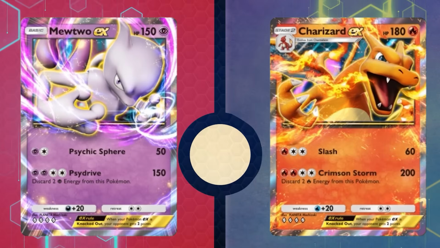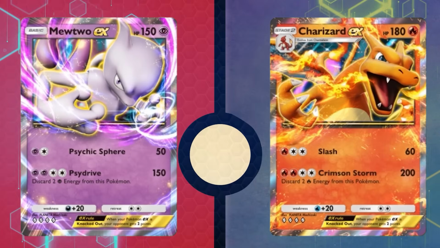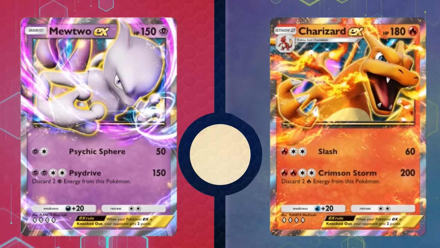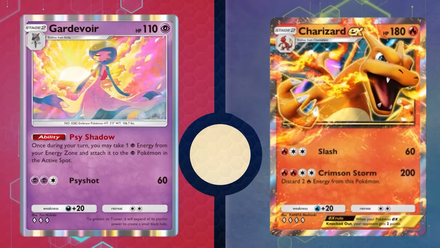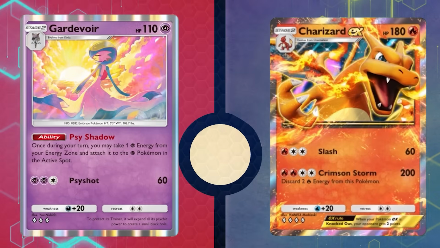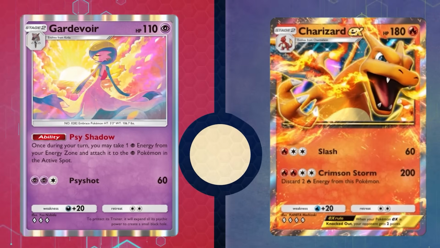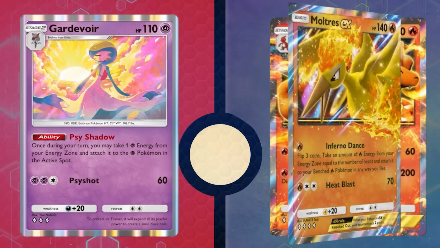Unlike our quick hitters, which you just attach energy to over 2 turns to start blasting, Mewtwo and Charizard EX really need some extra help to get going before they get run over. In the case of Mewtwo EX, we can build our way up to Gardevoir as a non-EX stage 2 in order to attach a second psychic energy and keep attacking for 150 every turn,